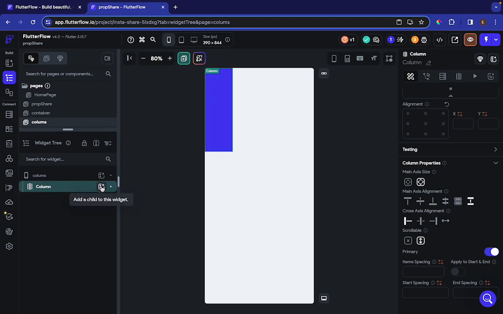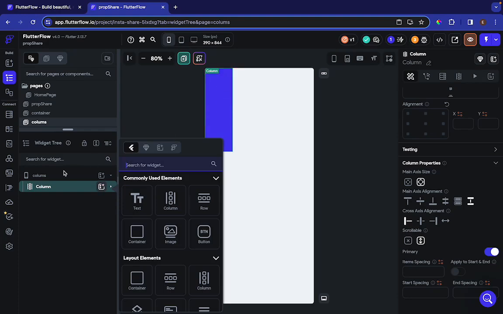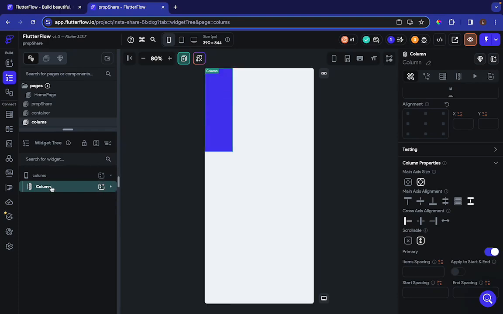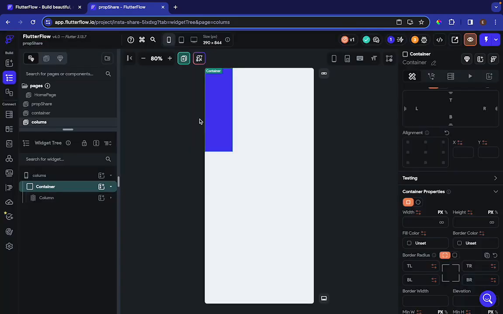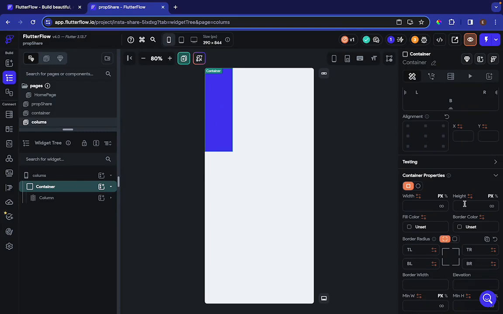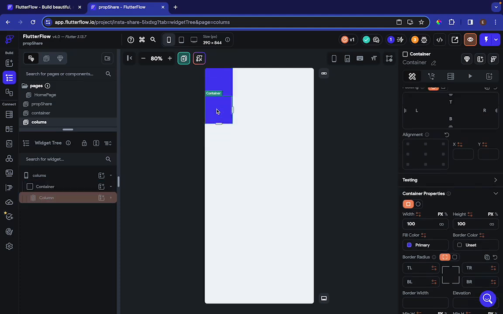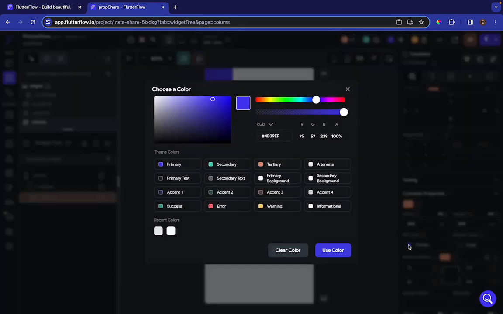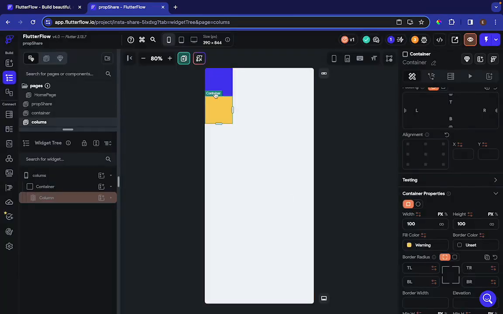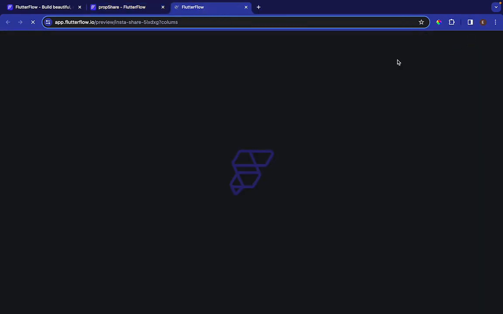In order for me to demonstrate this, let me just wrap this into a container. So, Command B, container, and this container automatically is going to take the height of the column. So I'm going to make it short. I'm going to give it maybe 200 pixels. And now you can actually see that the column is scrolling. Let me just change the color of this container so that you can see what we are doing. Great. So if I were to go and preview this,